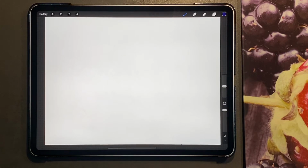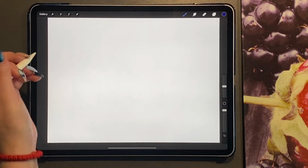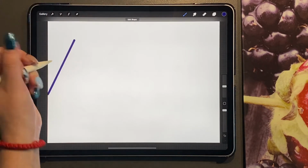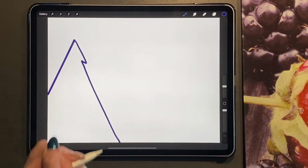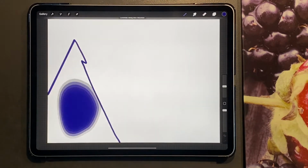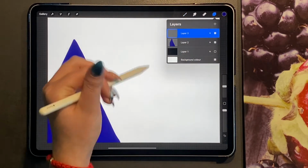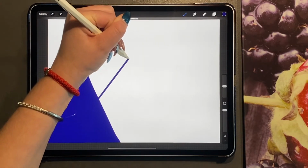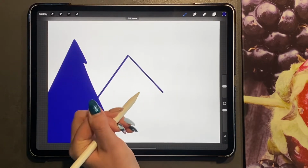Now we're going to be drawing our mountains one by one, and we're going to be doing these on new layers. So to begin with, we're going to start by drawing our left mountain, which we're going to draw like so, and then we're going to drag and drop. Then we're going to add a new layer, and this time we're going to be bringing the mountain up this side, and then again down here,